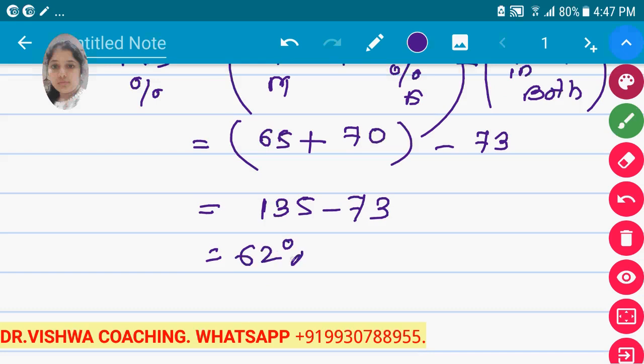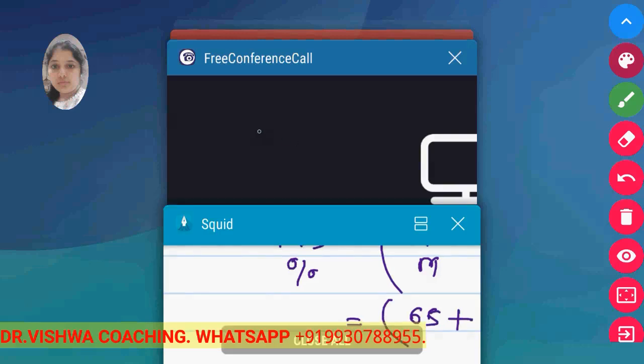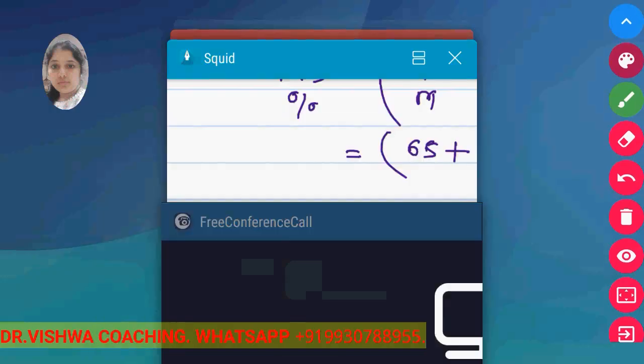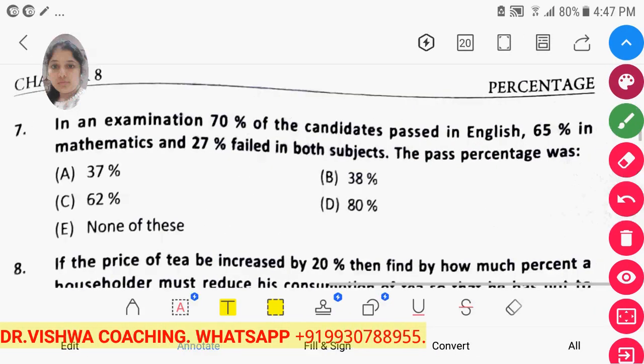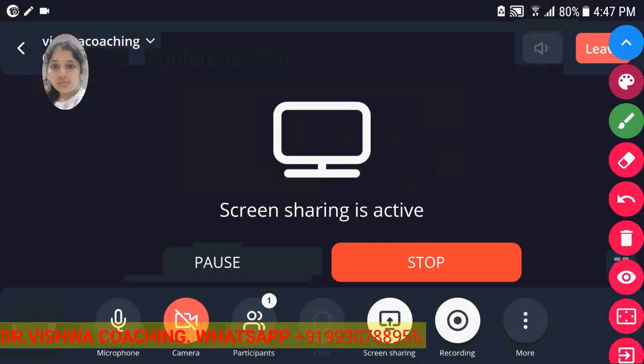So 62% of students passed in the examination, because the 73% who passed in both subjects includes both subjects. So out of them, some did not pass in English, some did not pass in maths, they passed in only one subject. So we have to extract the students who get repeated, and if we extract the repeated students, then the result is obtained. Okay, now the next example is